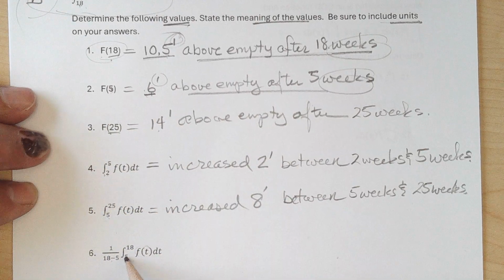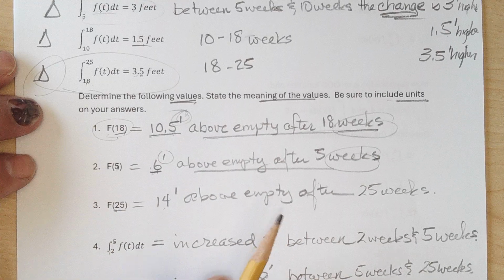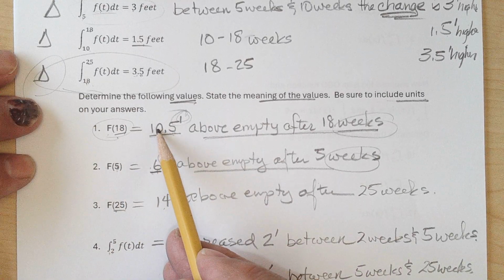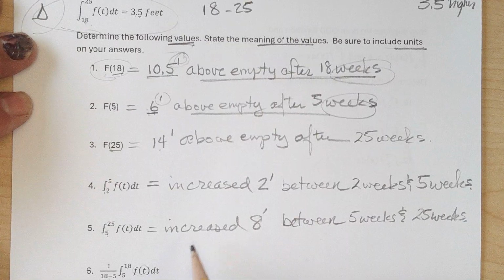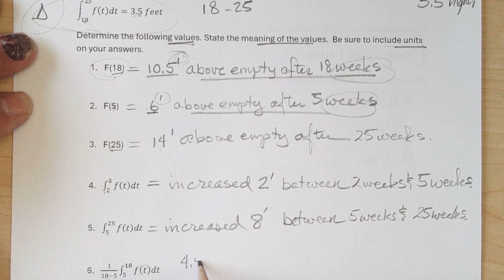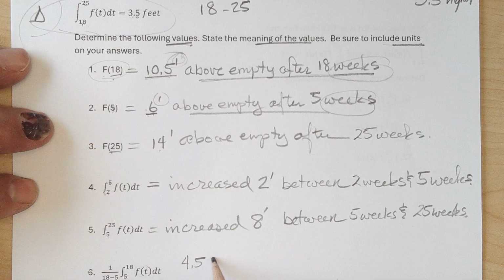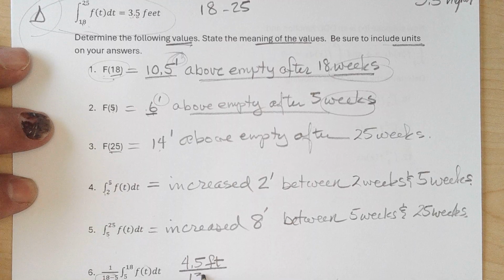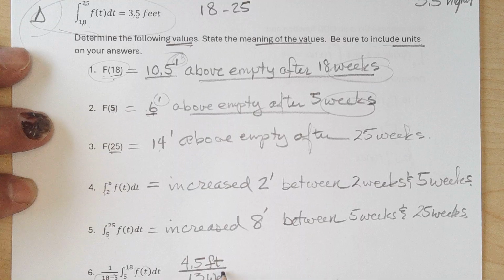So between 5 and 18 is 4.5 more feet divided by a change in time of 13 weeks,